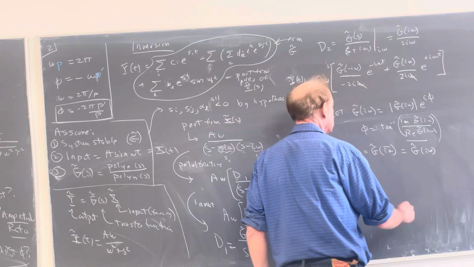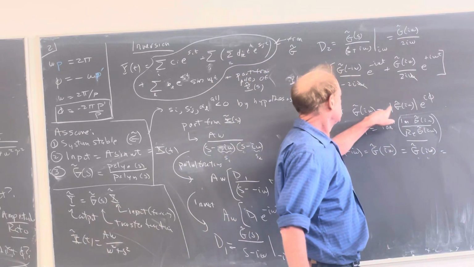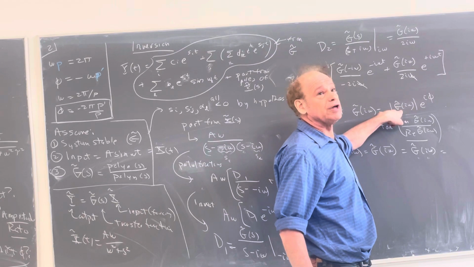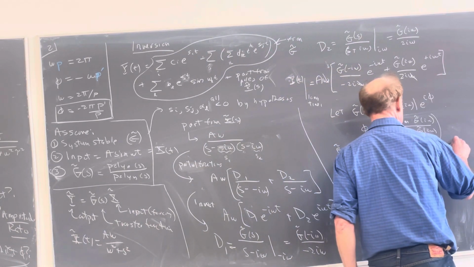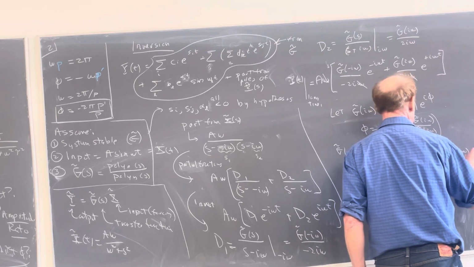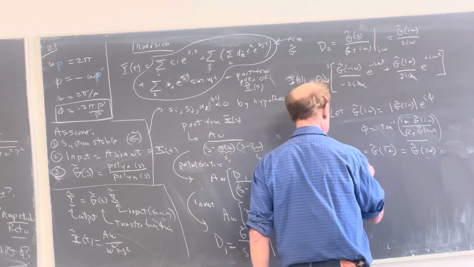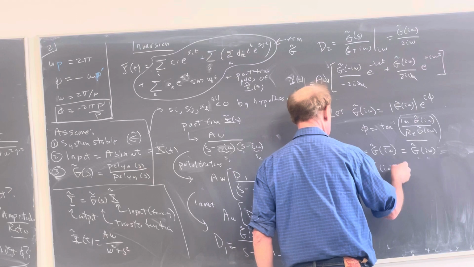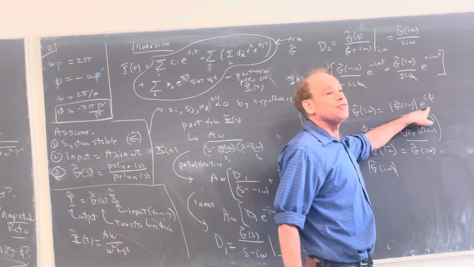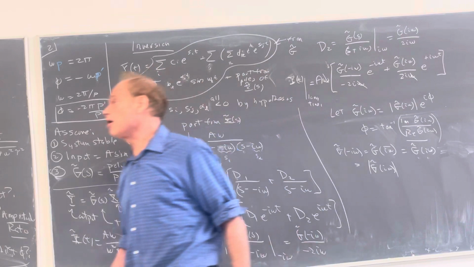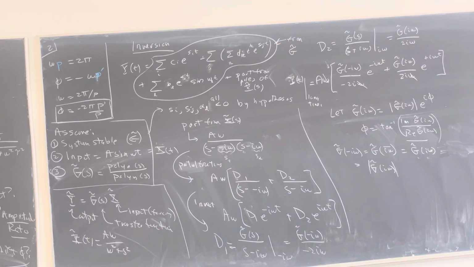So what does that tell me? G tilde of i omega, I know what that is. That's this thing. This is a real number. Let's put it on the next line, times the complex conjugate of e to the i phi. Well, let's notice e to the i phi, or e to the i theta, is cosine plus i sine. When I do the complex conjugate,